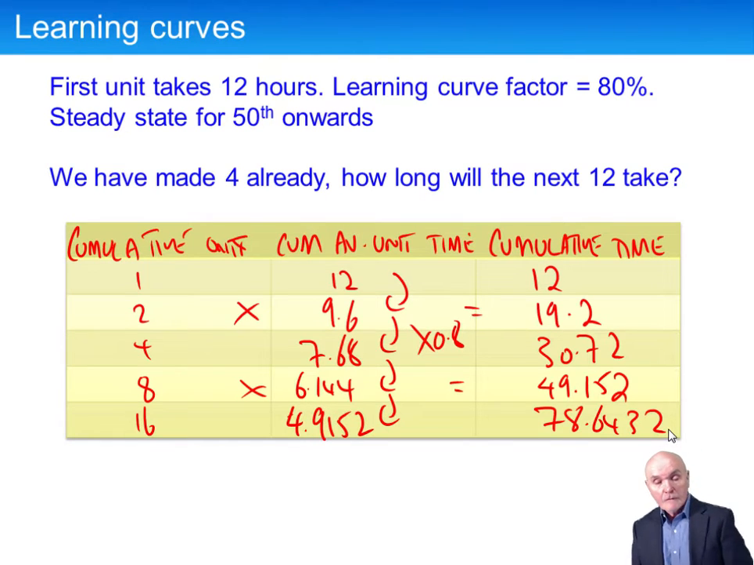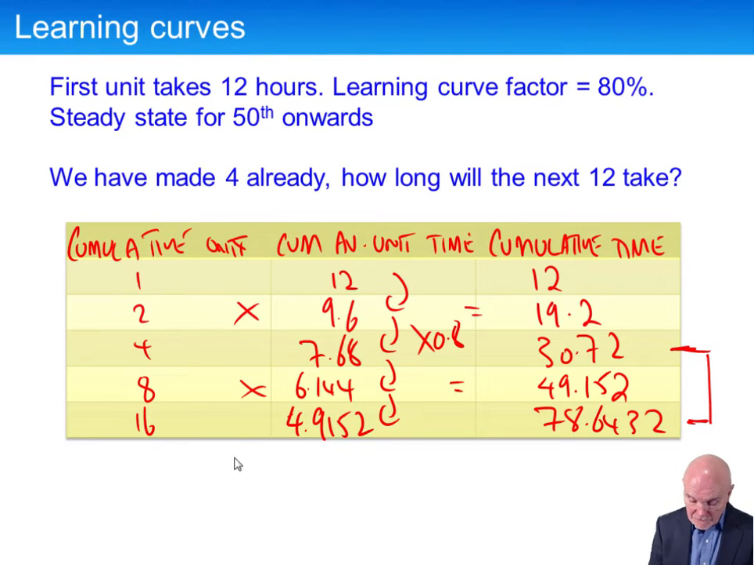Now we've been told that they've already made 4 units, and we want to know how long will the next 12 take. So 4 units already, plus another 12 will bring us up to 16. So this works in the doubling. So we've made 4 units, that would have taken 30.72. By the time we're making a total of 16, we'll be up there at